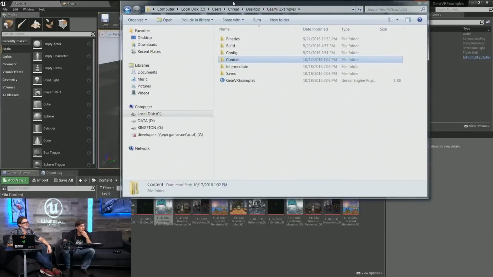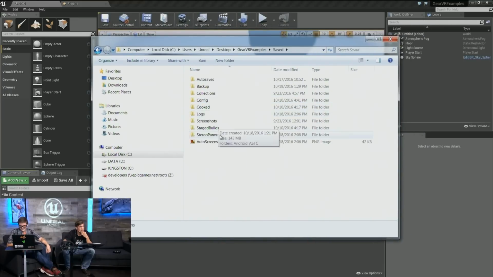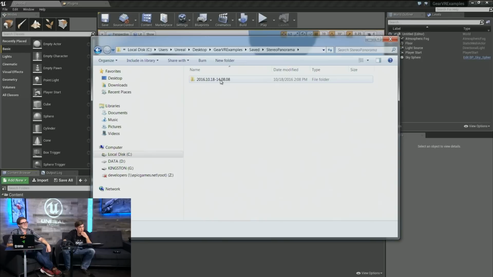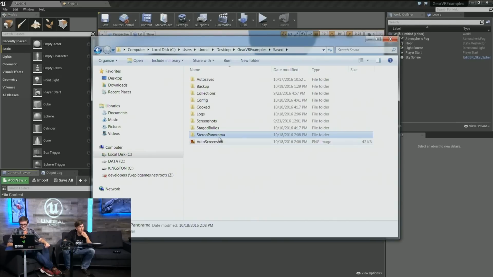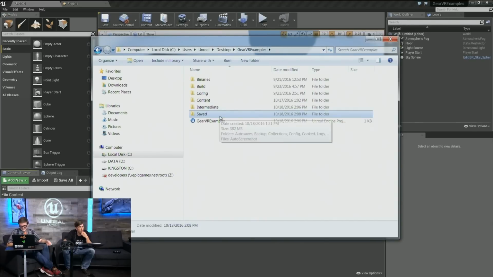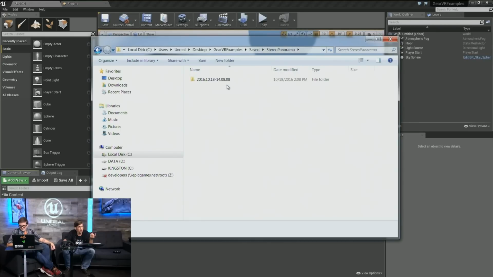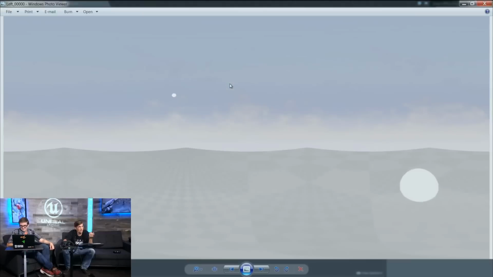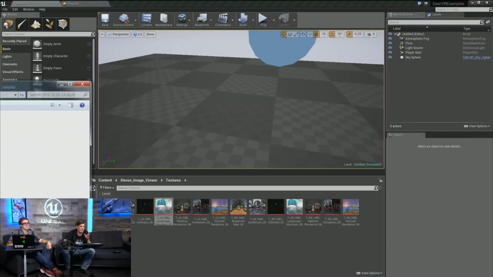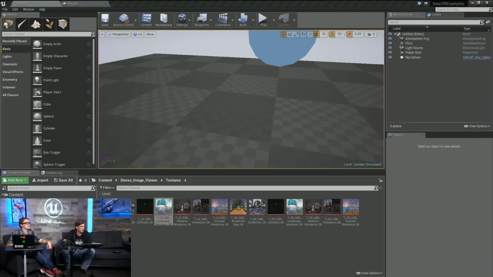All right. So I've actually taken the image already. So if I come in here, go to our stereo panorama, I was actually in my saved folder. Let me go back one more. So my Gear VR examples, my saved folder, my stereo panorama, today's date, and you see that I have a left and a right. It looks funny here because it's actually showing an alpha channel, which is coming through weird in the preview. I see. When we re-import this back into Unreal right now, it's not going to look insane. So let me grab these two images, we pull them back inside of Unreal here,